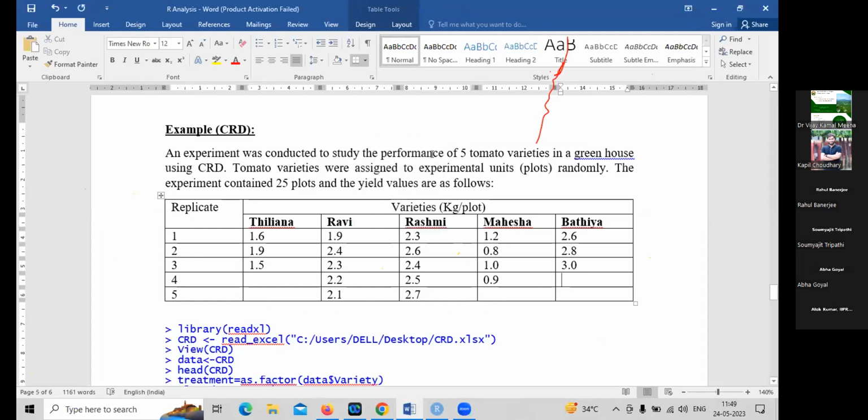ओके, एनालिसिस में सॉफ्टवेयर कोई एरर नहीं बताएगा? कोई एरर नहीं आएगा। आपका जो डेटा फाइल होगा उसमें चेंज होगा। जैसे ये जो आपका एक्सपेरिमेंट है जिसमें मैंने 5 वैरायटी लिया है और 5 को मैं 5 रेप्लिकेट में दे रहा हूँ, तो उसमें डेटा फाइल आपको ऐसे बनाना पड़ेगा।